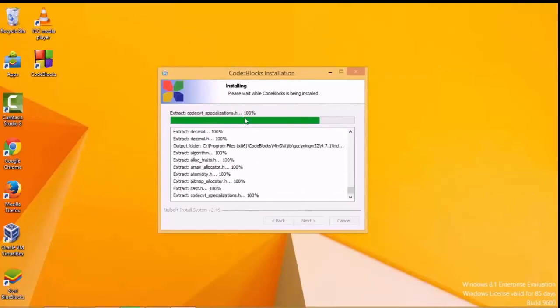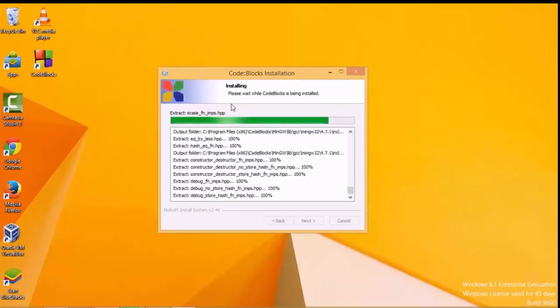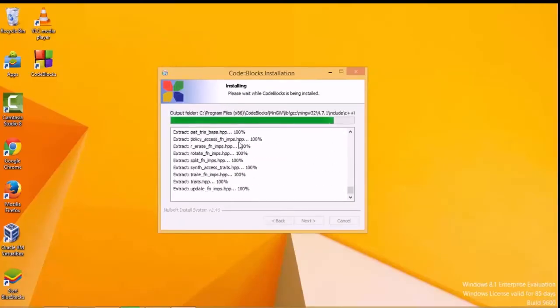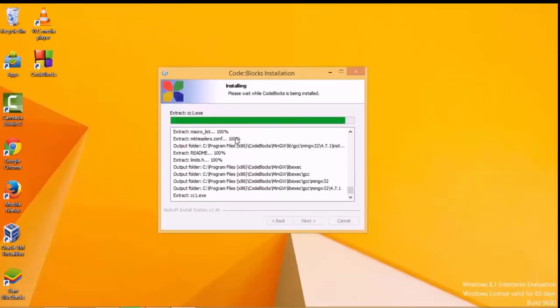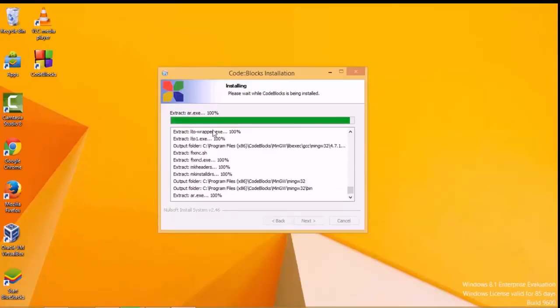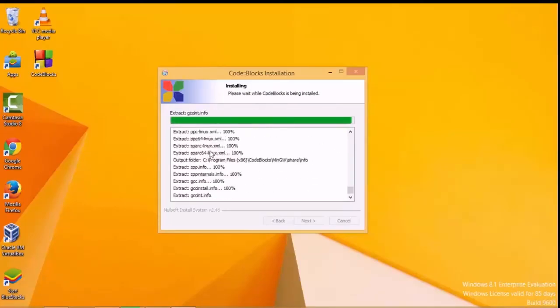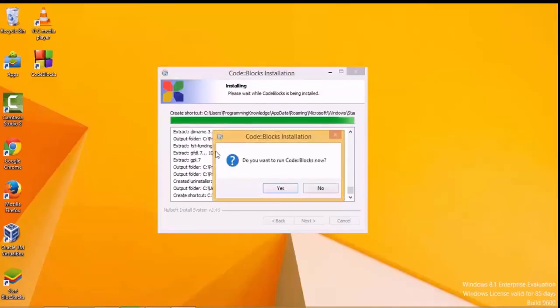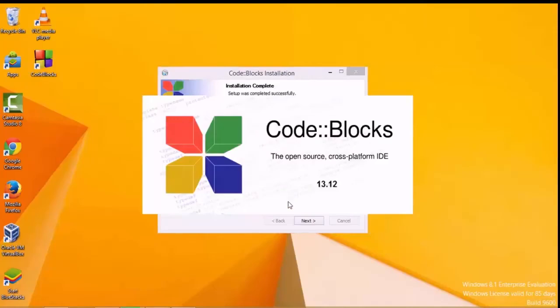Now if you don't have a Windows operating system, you can download this IDE on Linux also, or Mac OS also. It's available for all these three major operating systems. Now it says the installation is done, I think. And do you want to run Code::Blocks? Yes, I want to run, and it will run Code::Blocks, and